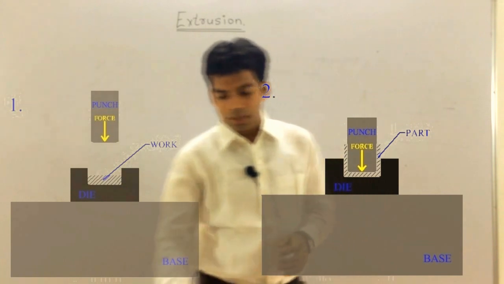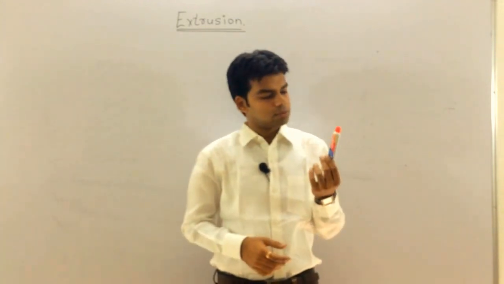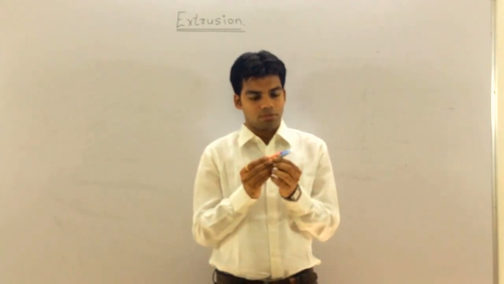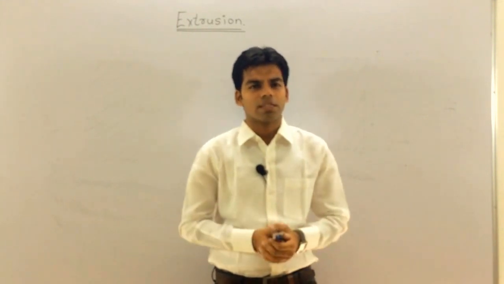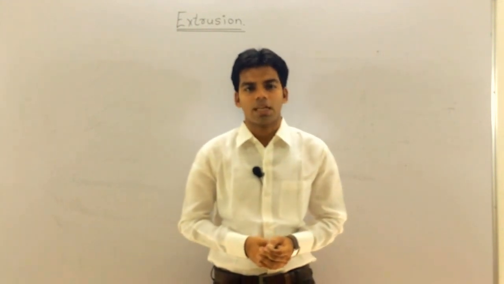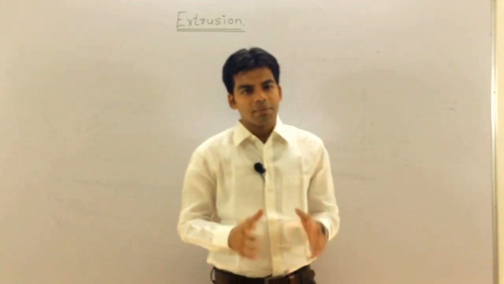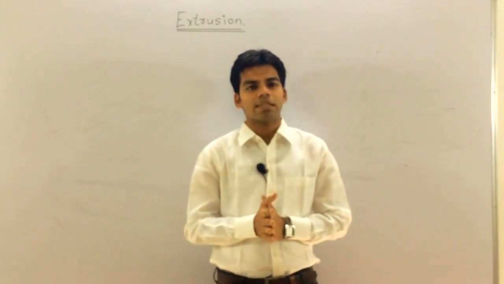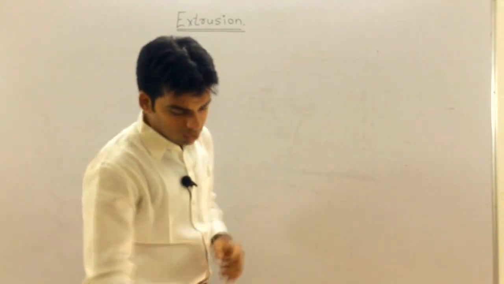If I give you an example of impact extrusion, the tube of this toothpaste. This tube is made with the help of impact extrusion. Obviously, there are several such examples which are made with the help of an impact extrusion process. Getting this now? The only limitation of this impact extrusion is that it can be used only for soft materials. It cannot be used for very hard materials. Getting this? Okay, so these are all the different types of extrusion process.